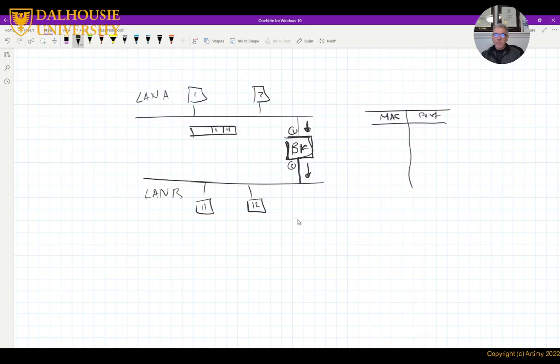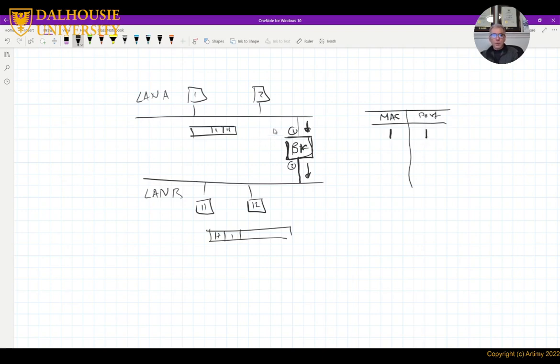Okay, so the frame is sent here. Oh, by the way, this frame was sent to LAN B. In this process, the bridge says, but now I know that this frame came from station 1 on port 1. So I'm going to write station 1 here, and the port it came from is 1.